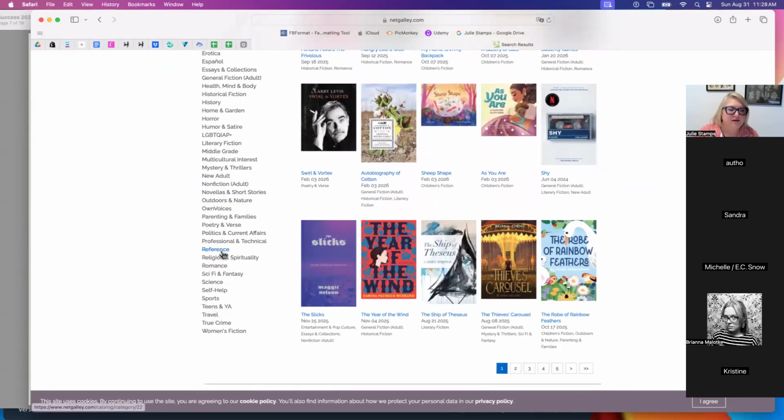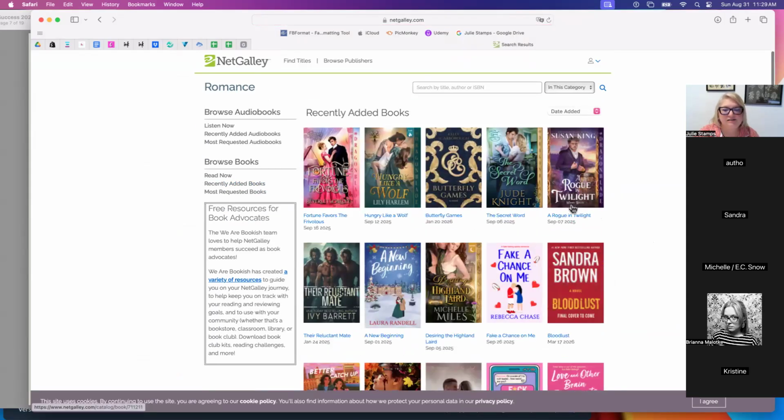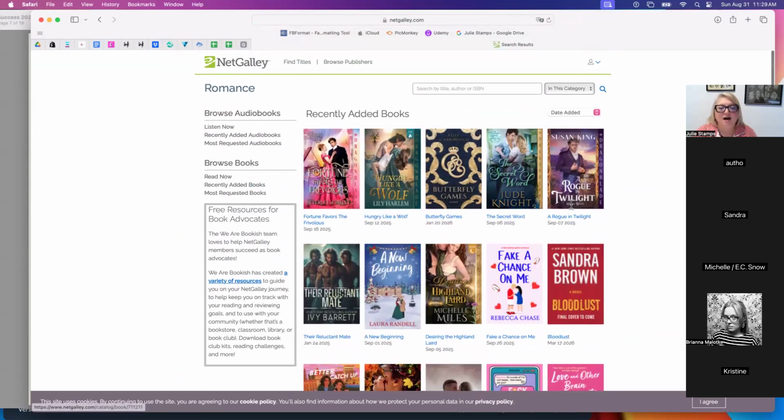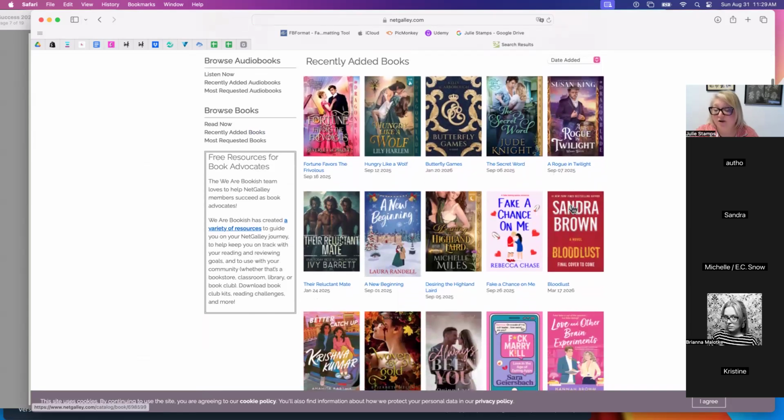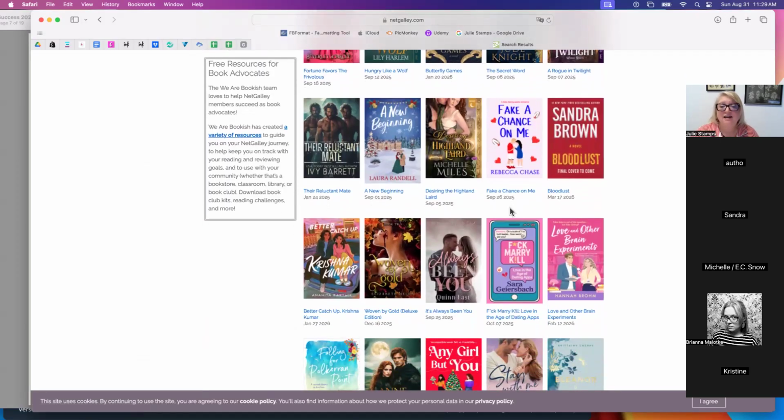And actually, I'm going to narrow down to romance right now and recently added books. Okay, so this is a great place to go to look at what covers people are going to be putting out in the future. And you can see the dates when the books are going to start coming out. So you can take a look at this and understand